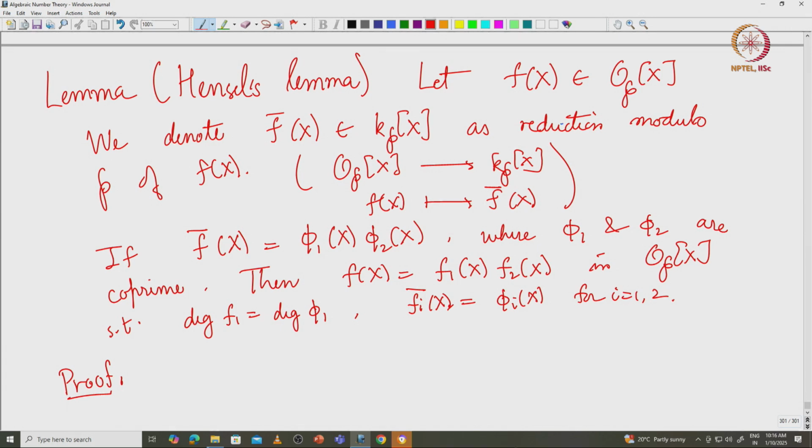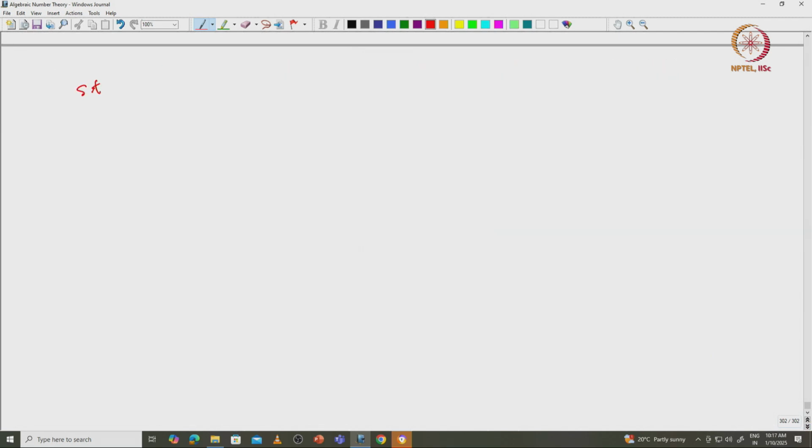So we construct f1 n of x and f2 n of x for n equal to 1, 2 and so on, such that the following happens,